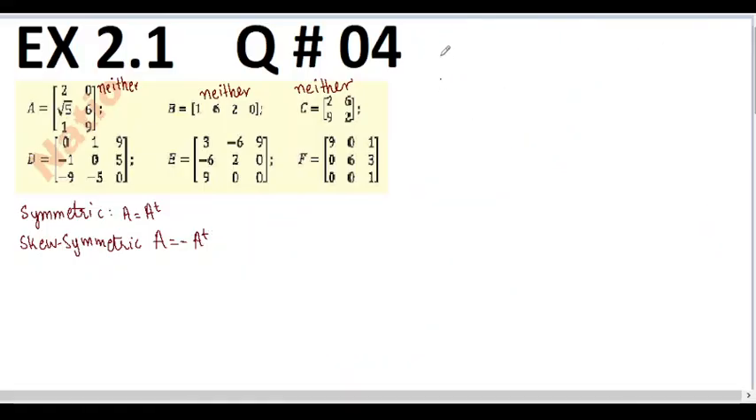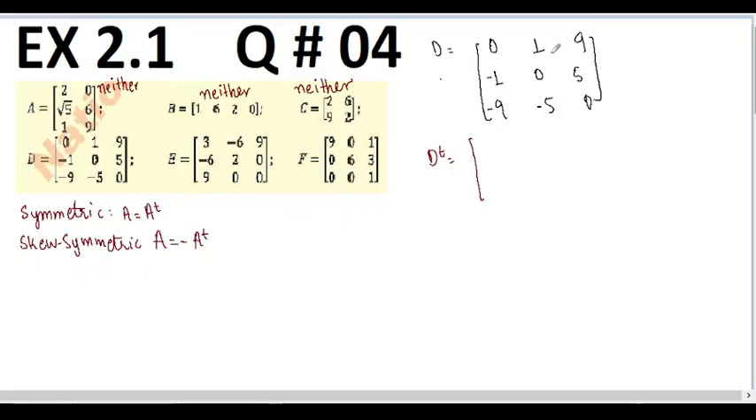For part D, I am going to write the matrix here first. D equals 0, 1, 9, then it is minus 1, 0, 5 and minus 9, minus 5 and 0. So first of all we are going to find the transpose of this matrix. D transpose equals